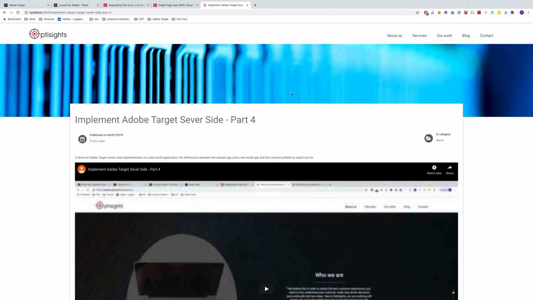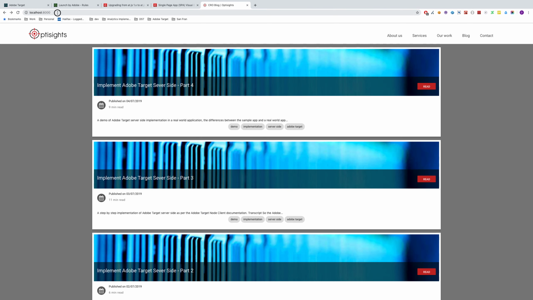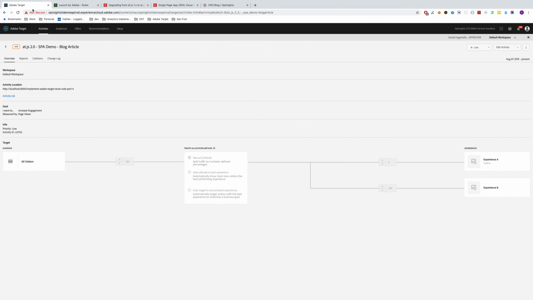And there's a reason why this doesn't work, and it's because of the way that the initial target load caches the potential offers. So from the first URL we used, which was this one here, it only caches the offers that are relevant to this page. But if we go back and we look at this blog article here, for example,